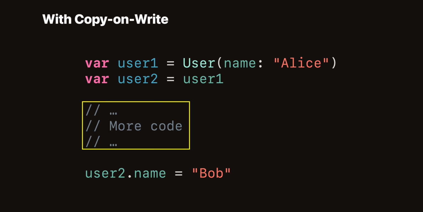But with copy on write, things become more obscure. You expect copying to occur when you change the second object. In reality, though, you don't have that guarantee. What if somewhere in between these lines the first object changes? That would trigger copying just as well. And if it happens to take place in the middle of some time-critical operation, you may get surprising results. And by surprising, I mean disappointing.